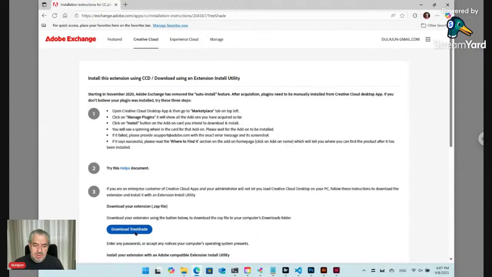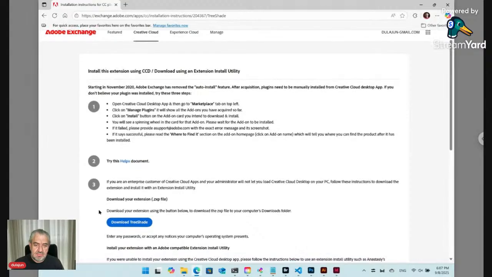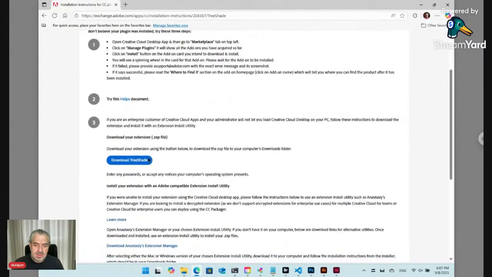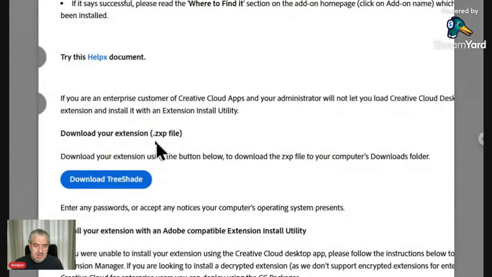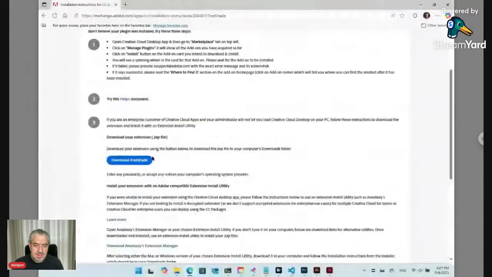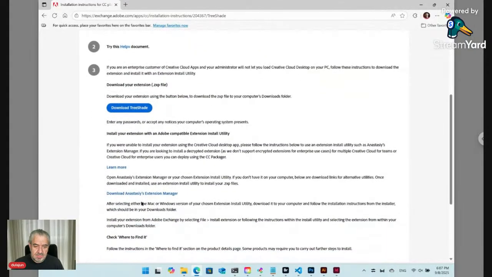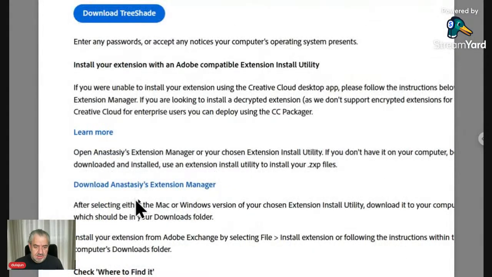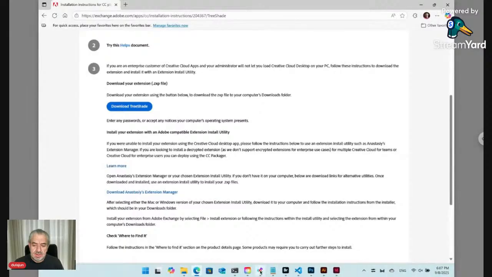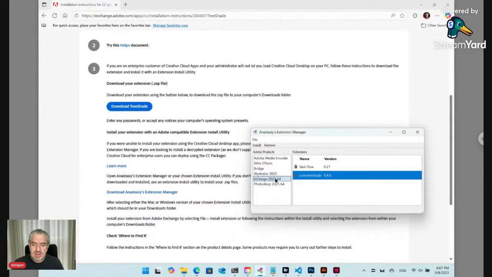You download TreeShade as a CXP file. Then through a software you can download also from here, Anastasis Extension Manager, this is the software, you drag and drop the file here,